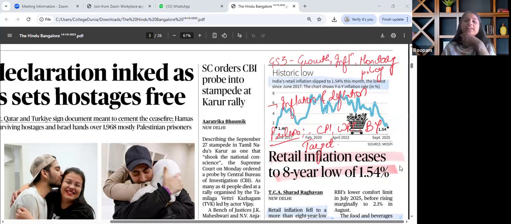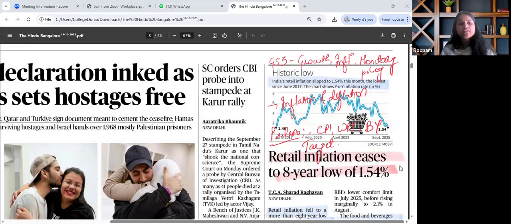The key theme discussed in this article is that retail inflation has dropped below RBI's lower tolerance limit. The lower tolerance limit is 2%, but inflation is much lower than that. So is it good for the economy or not? What are the reasons for this low inflation altogether? Which factors have contributed to it? Afterwards, we need to know the RBI's band of inflation control, and the trends in WPI and CPI inflation that we are seeing.